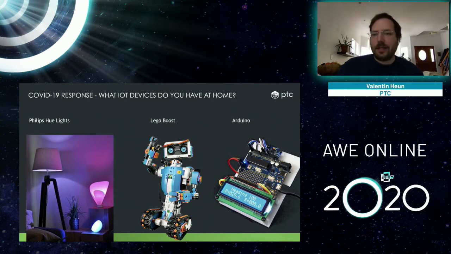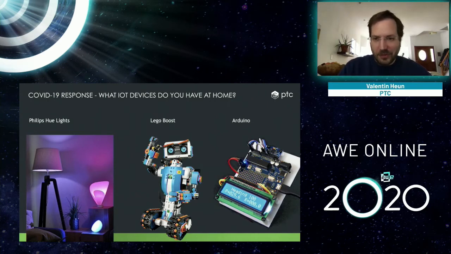So there is a basic add-on in this toolbox, and you can find it all on that webpage, that allows you to connect, for example, to your Philips Hue lighting system. It allows you to connect to all the Lego connected devices like the Legobot Boost, or even Arduino boards if you have some DIY projects. And we are extending even more devices that can be used with the Spatial Toolbox. I'm happy to look forward to discussing with you what kind of interfaces we should add so we can make more things available while we're all at home.